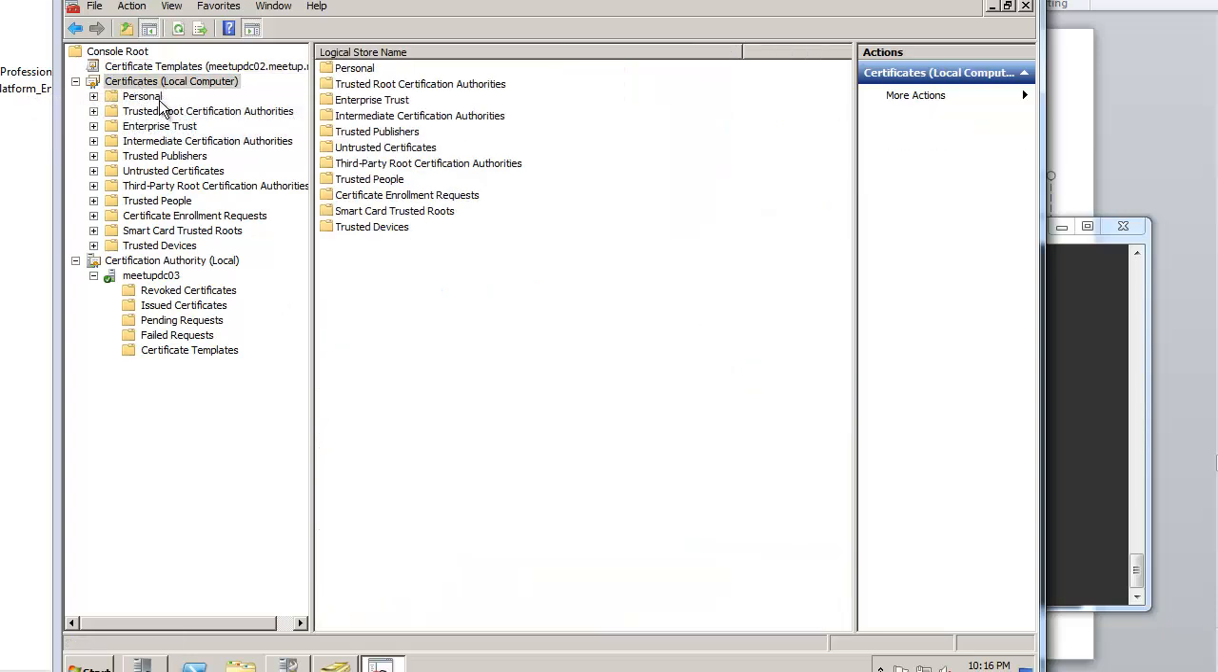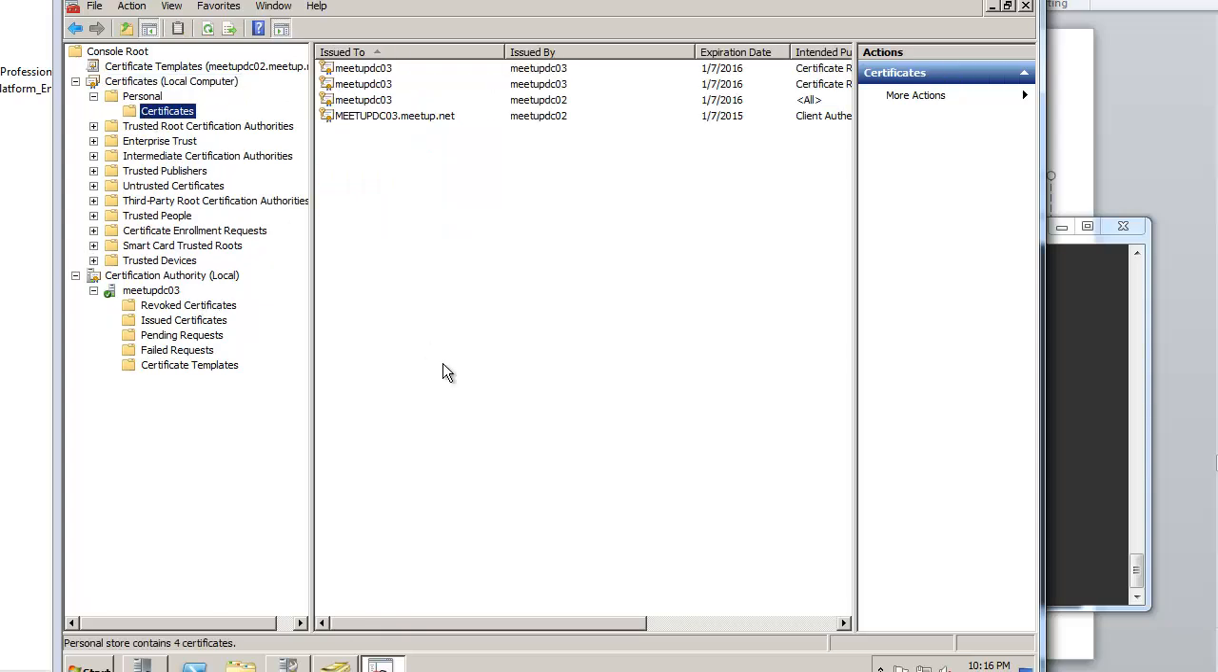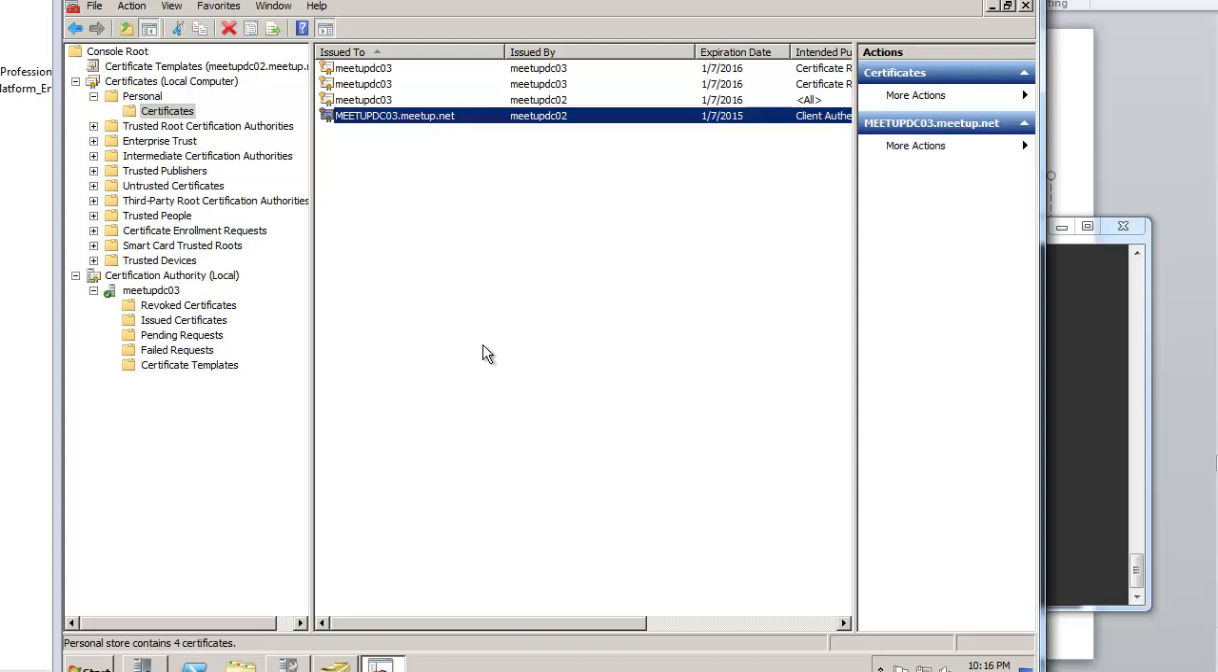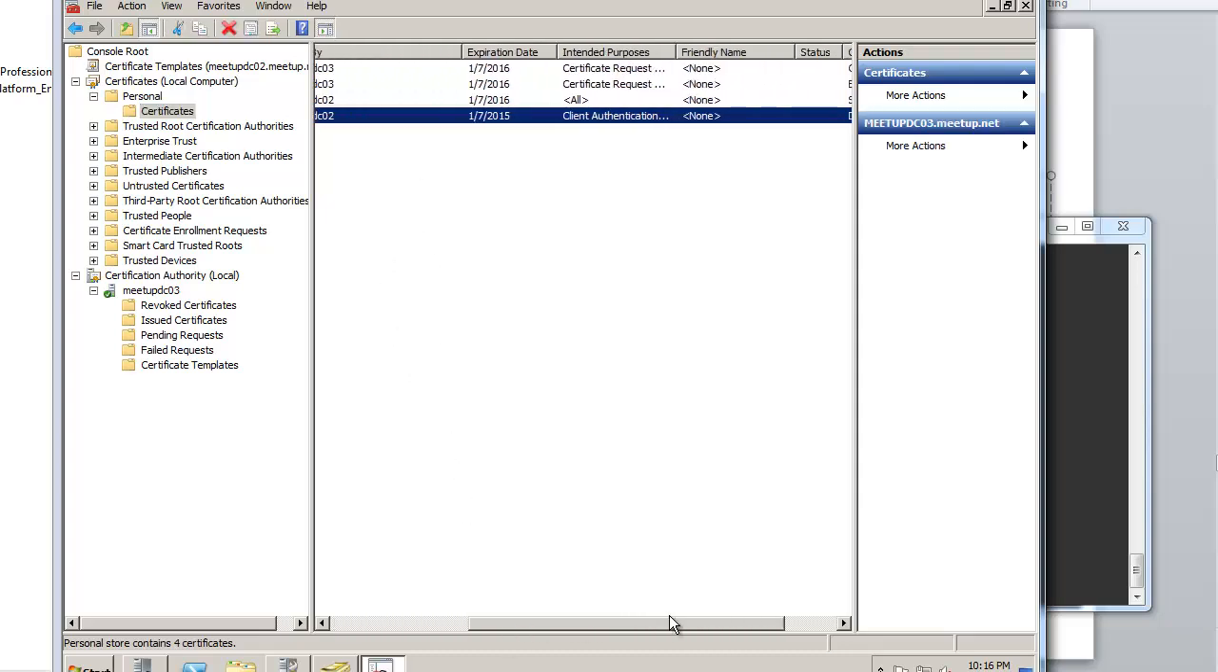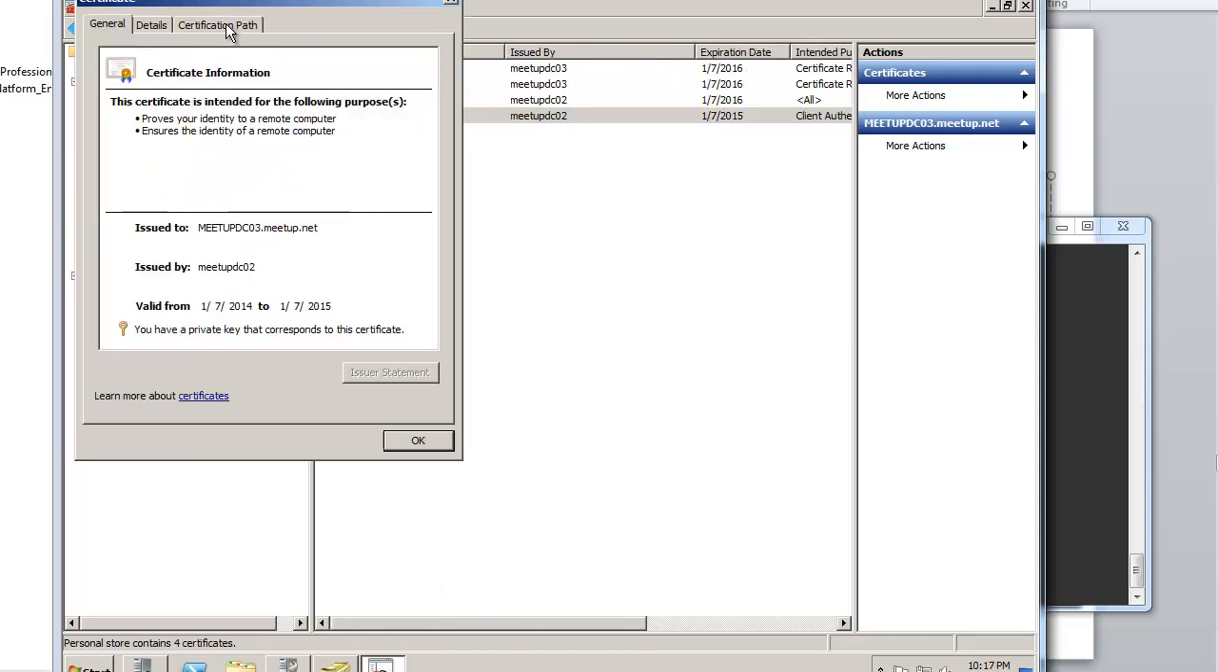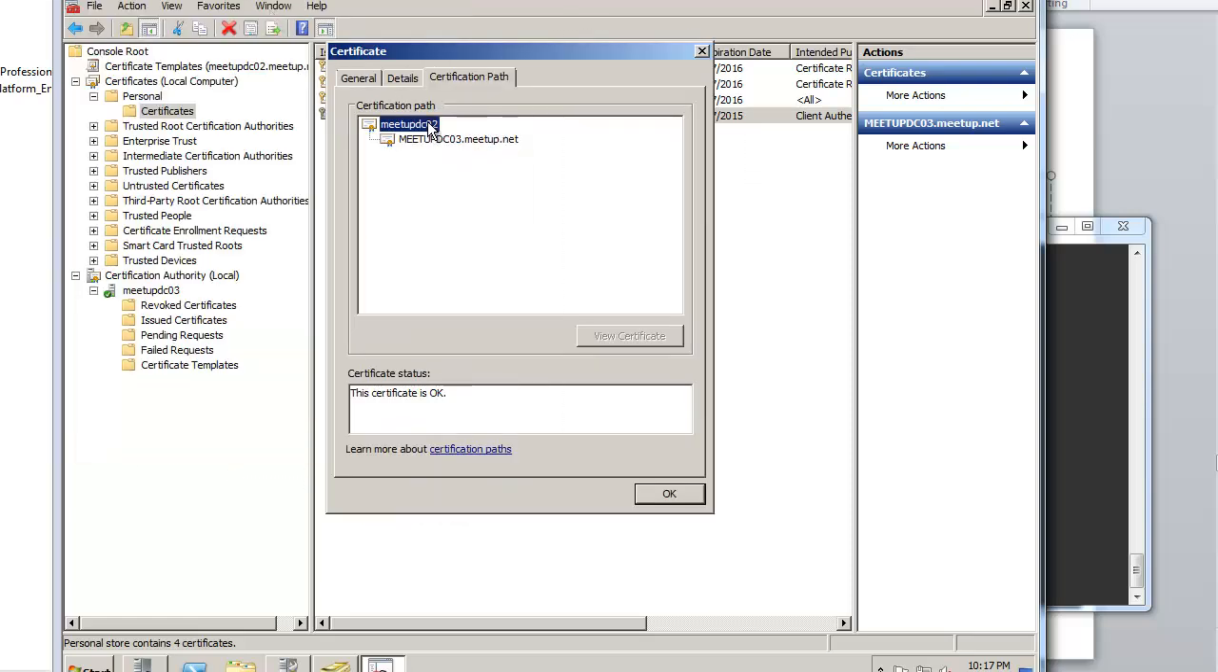Certificates are all the certs that we have locally on this machine. So if I go to personal cert, this is my personal certificate for Meetup DC03. And if you hit this one here, you can see up at the top of the chain DC02, so this is the whole PKI infrastructure. Generally, the top of the list is the root, and the second one is going to be your intermediate or secondary, and then most of the time you'll have a third one, and that's going to be your actual certificate itself. So an example of this is,